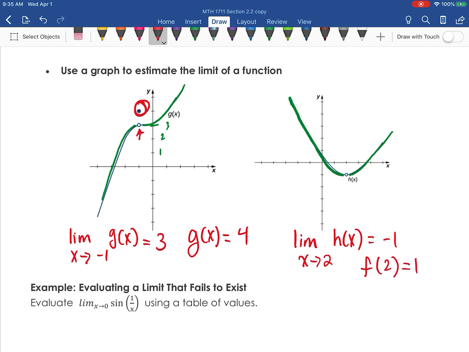Now the value of the function at 2 does not exist. There's a hole there, which means there is no point there at 2, -1. And there is no other value anywhere along x equals 2 for the value of the function. So you can see that the value of the function doesn't have to exist for you to have a limit. Again, the limit is a constant